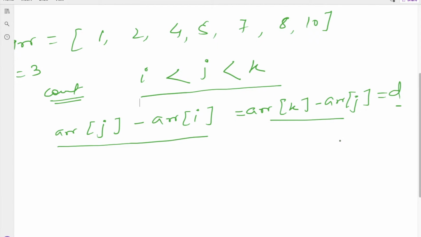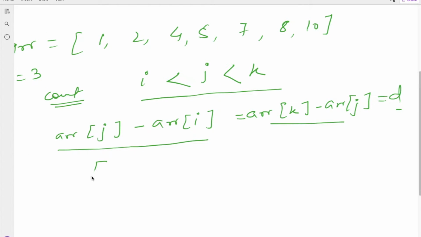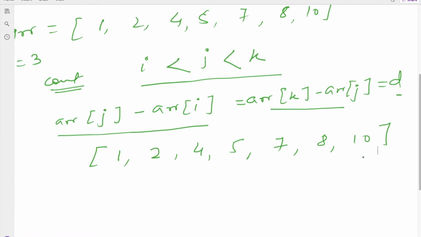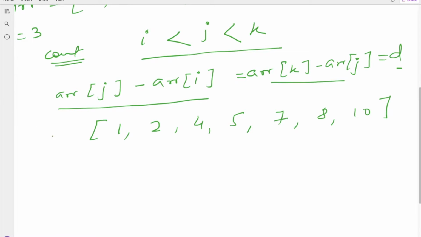Let me explain with an example. Take the same array with values 1, 2, 4, 5, 7, 8 and 10, and my d value is 3. The indices will be 0, 1, 2, 3, 4, 5 and 6.